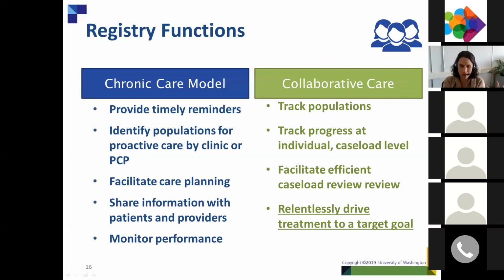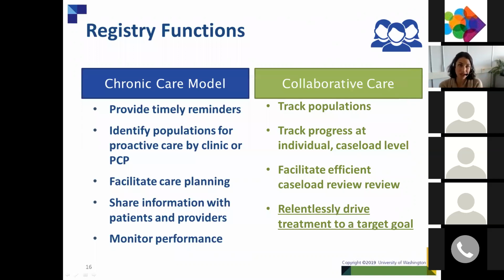When we're talking about a registry under collaborative care, we're talking about a real subset of your patients who are part of a behavioral health provider's caseload. That's a behavioral health provider that's embedded in primary care, right? Or maybe they're remote, but we'll talk in this case about embedded in primary care. And you're able to quickly see at an individual level, a caseload level, and sometimes you can see it broader than that, but really at the individual and caseload level, how those patients are doing. What is their score? When was your last contact? Have they been reviewed by that psychiatric provider recently